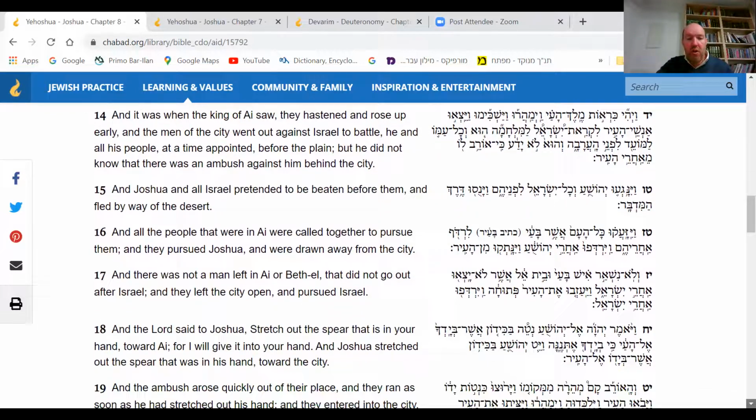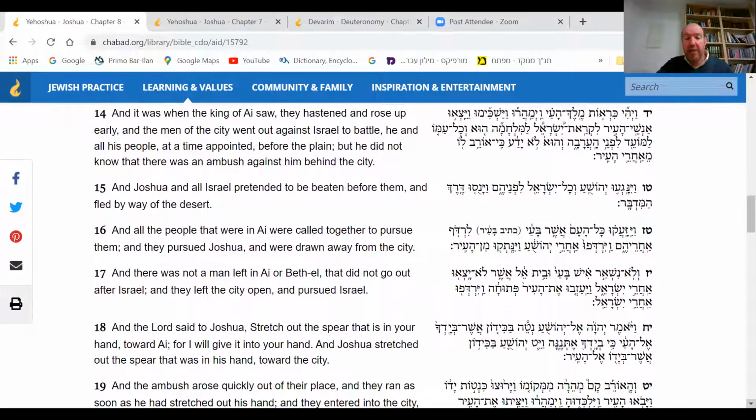And there was not a man left in Ai or Bethel. Suddenly Bethel, interestingly enough, shows up here, not very clear. But I guess there was a coalition arrangement of these cities close by, and they decided to defend together. That did not go out after Israel. Everybody went out, and they left the city open and pursued Israel. Okay, so the plan works, and